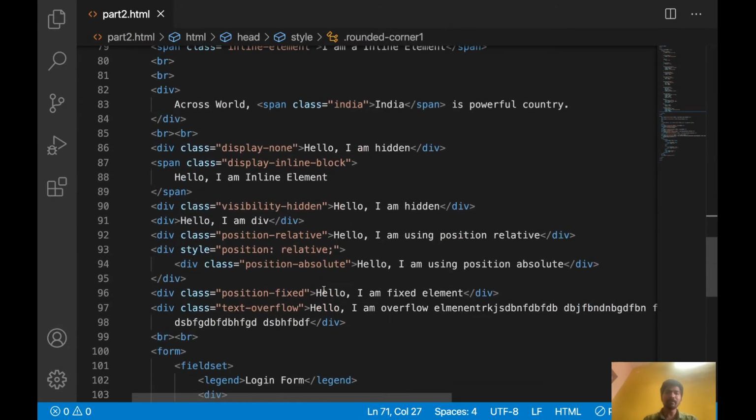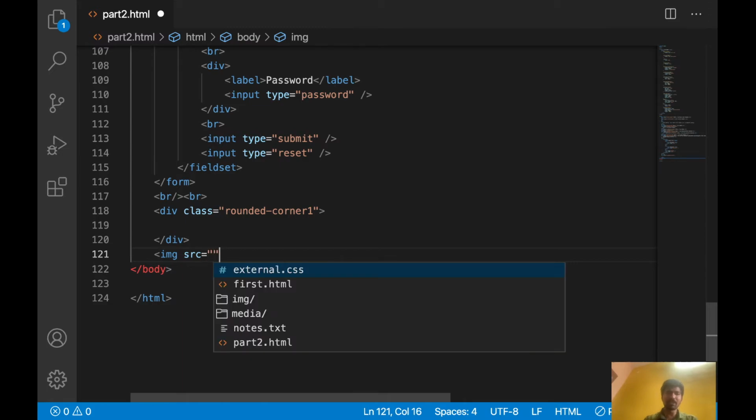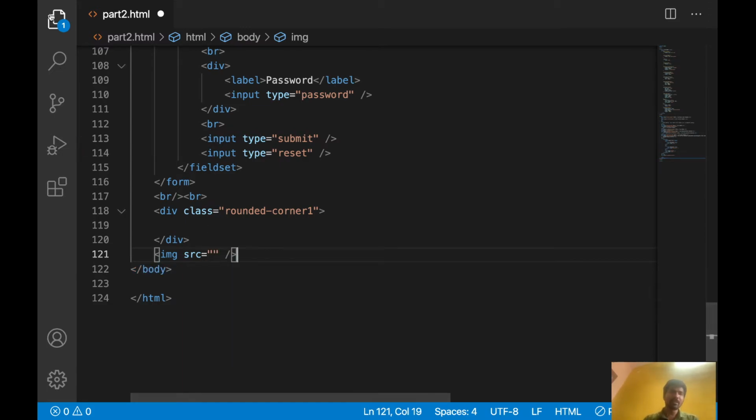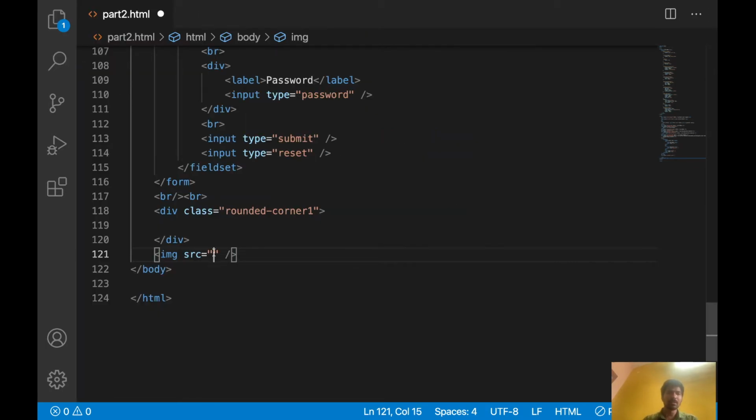Okay, so let's apply some image part quickly. Image src equal to, so I have a few images, image colors dot jpg. Let's add some class here, rounded.